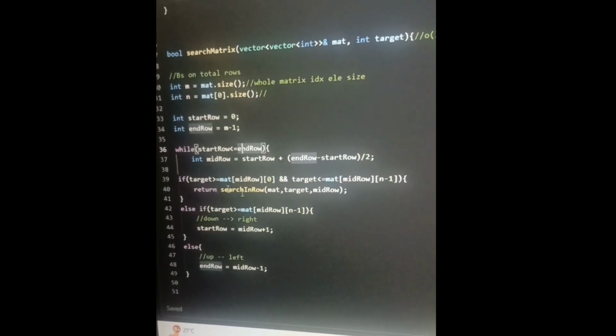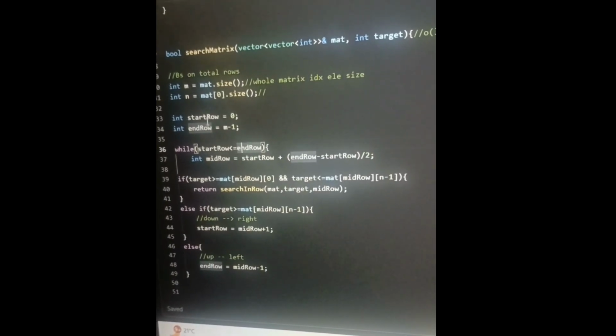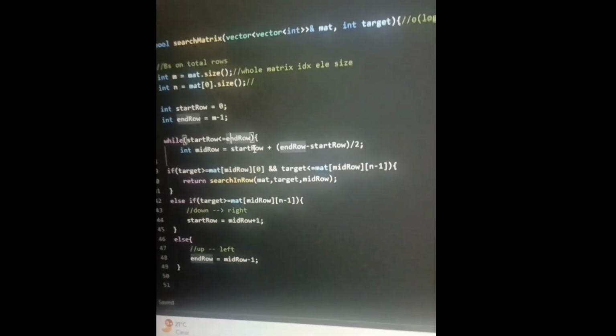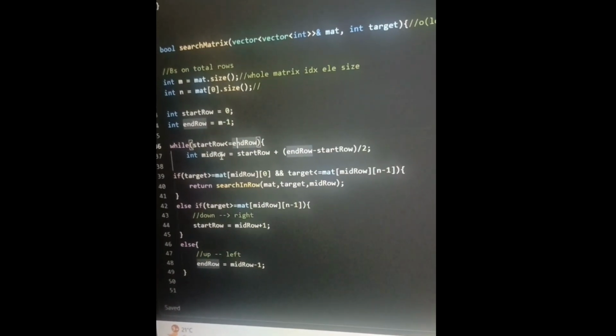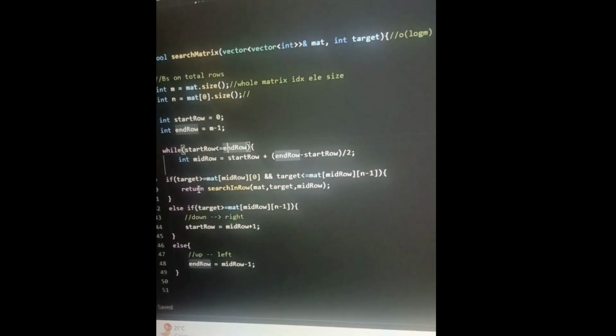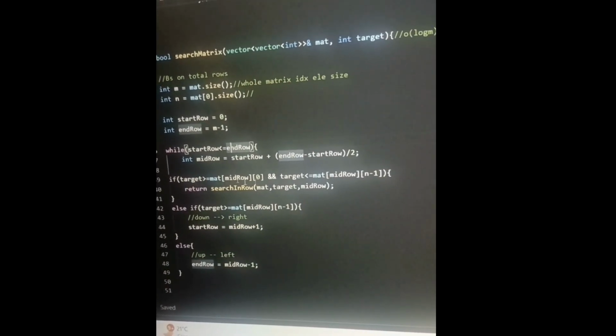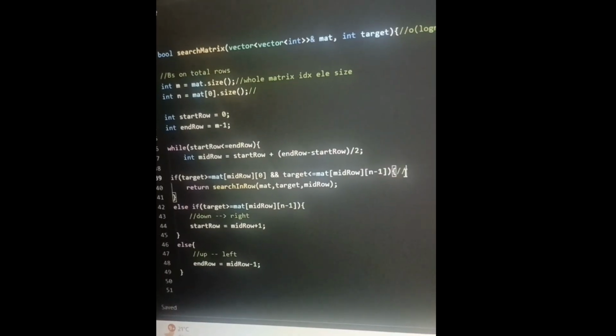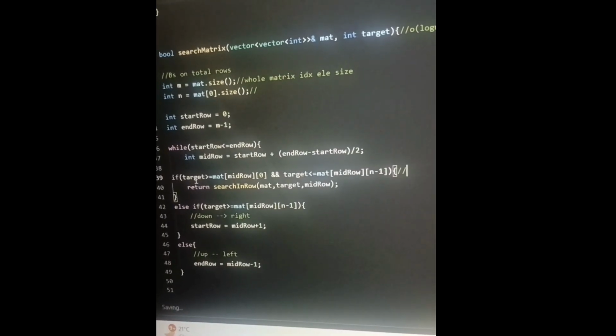After start and end, we calculate mid inside it. So here the condition is that if target,